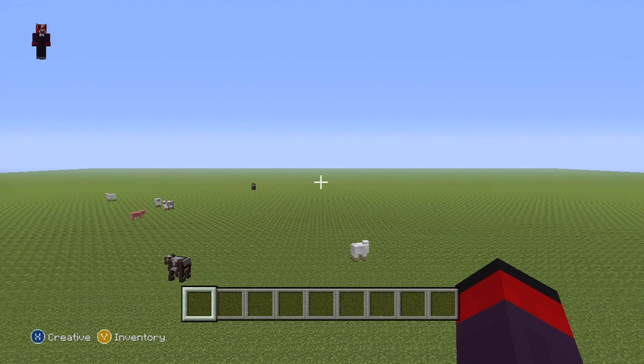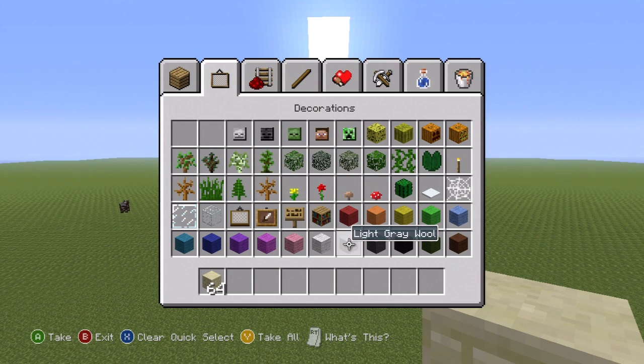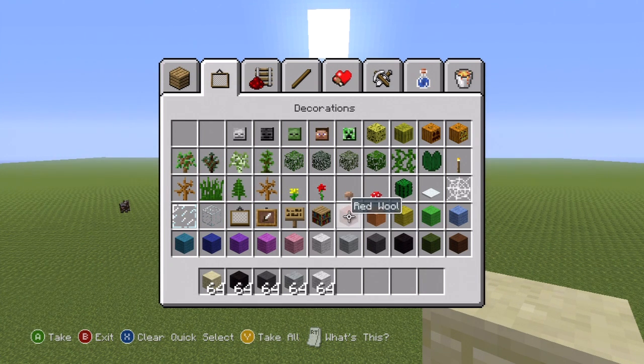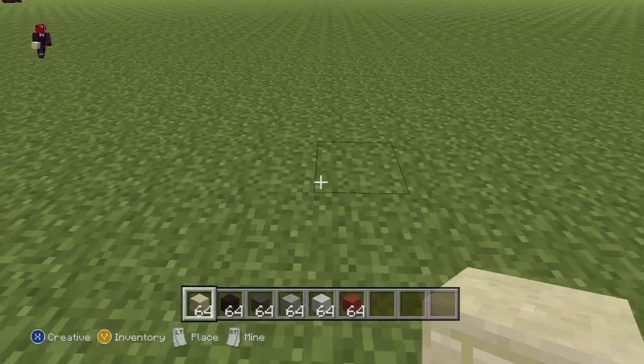So if you want to make him, here's what you're going to need. You're going to need sandstone, black wool, dark grey, light grey, white, and finally red wool, and they're the only colours that we're going to be needing. So once you've got those and once you've figured out where you want to make it,